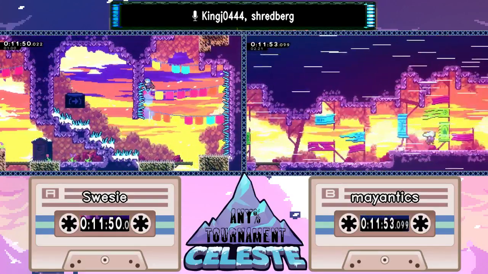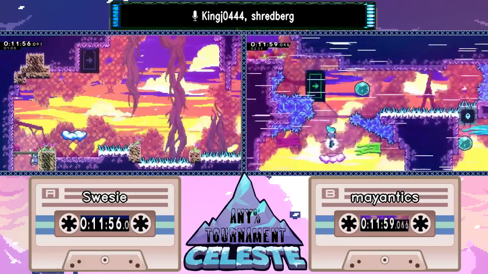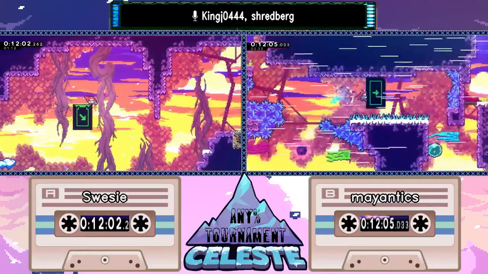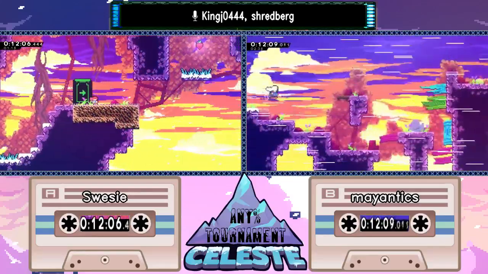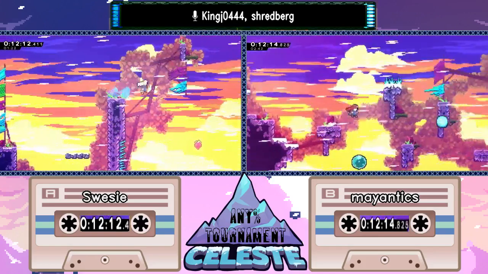All right, so Mayantics heading into the last major section here. This is where the snowballs are getting introduced. They probably were introduced earlier, but this is where they really make an impact overall, because this is where they can really screw you over. Sure, absolutely, and similar to Oshiro in the last section,